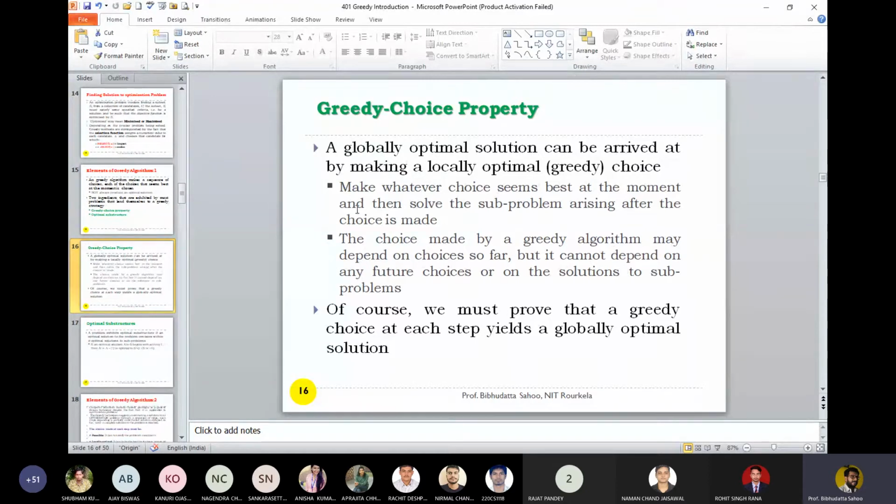So make whatever choice seems to be best at the moment and solve the subproblem arising after the choice is made. The subproblem to which you are moving, after solving the first subproblem, looks different. Again, when you solve the second subproblem, you arrive at a new subproblem. If you could have taken a different path, suppose in the first there are 3 selections: if you take the first path, you will view one subproblem. If you take the second path, you will view another subproblem. If you take the third path, you will view another subproblem.